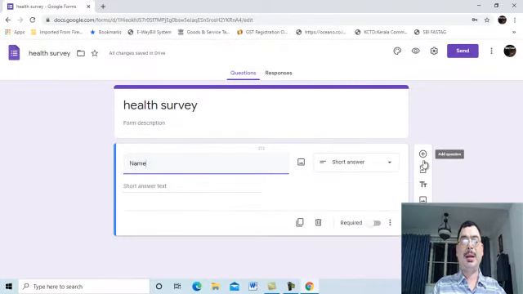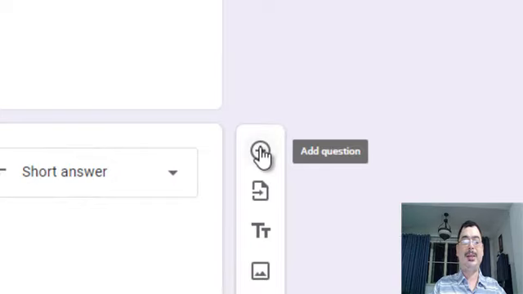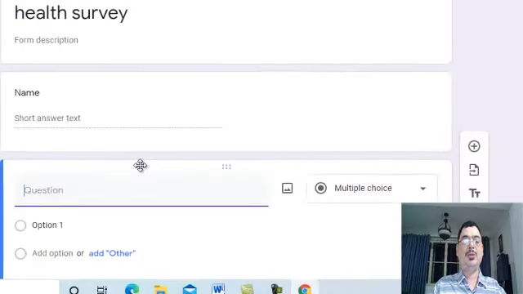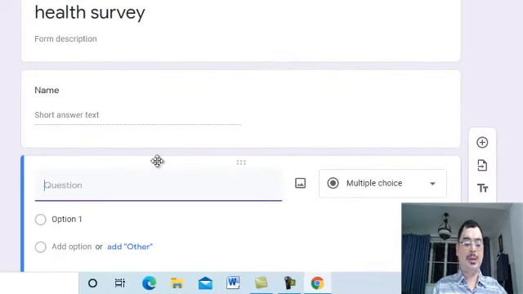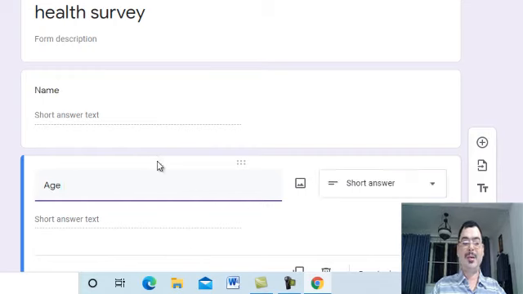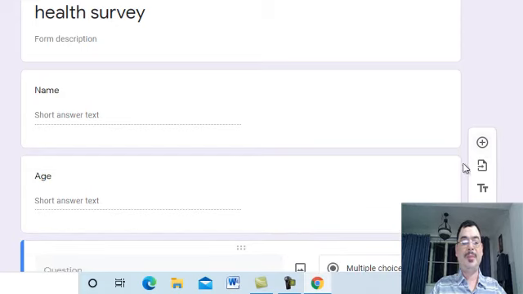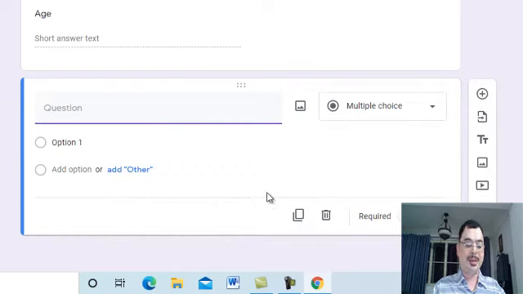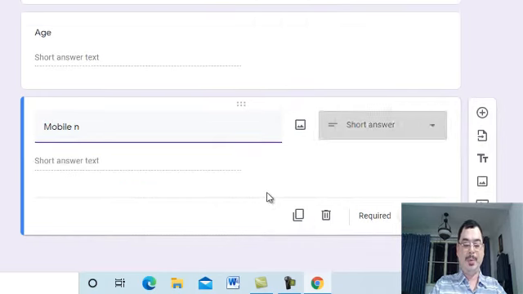You can see a plus mark, and if I say plus, it will go to the next question. The next question I am asking is age. Age also, it automatically recognises as a short answer. You can say plus, and next question you can ask mobile number.